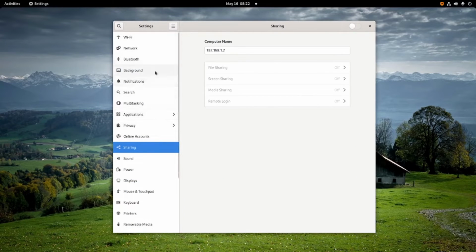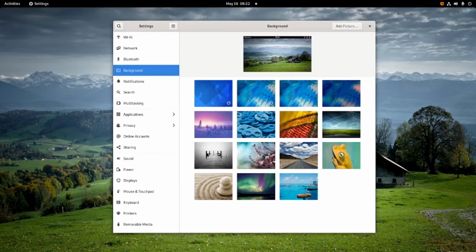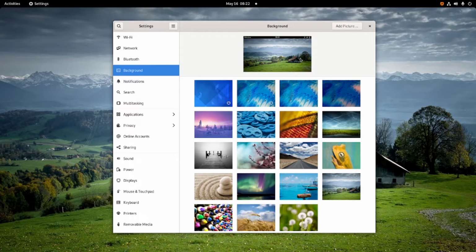You can see here, there's no appearance setting, only background. So the style, dark and light style, is the newest update in Fedora 36 with GNOME 42.